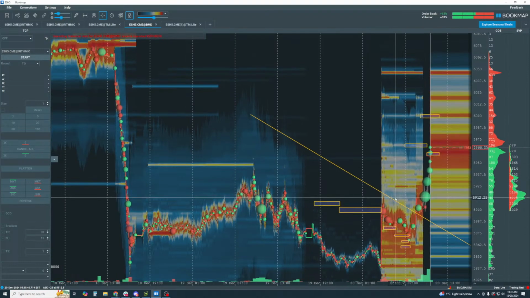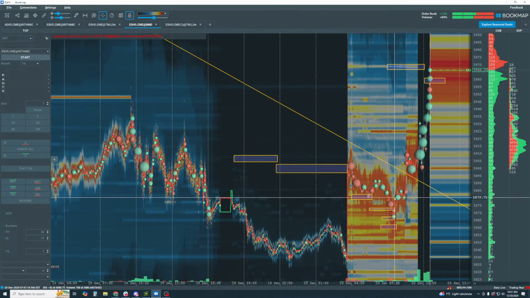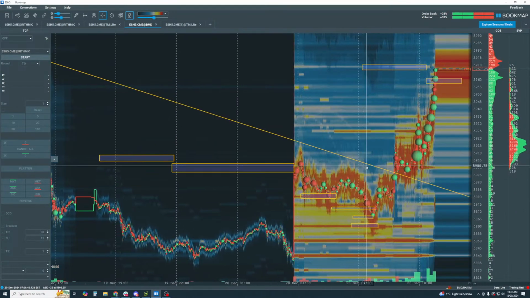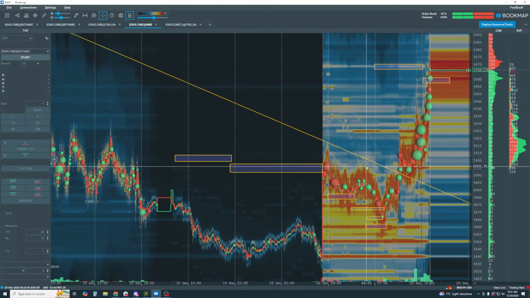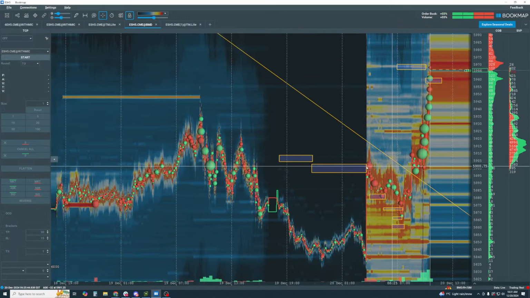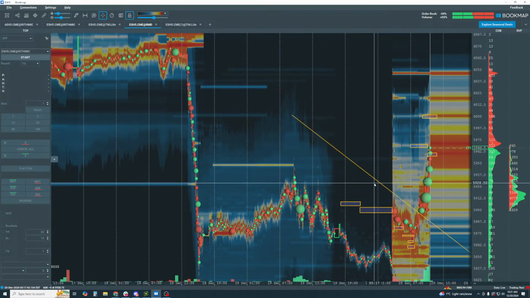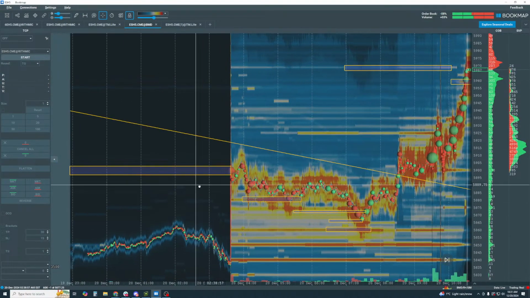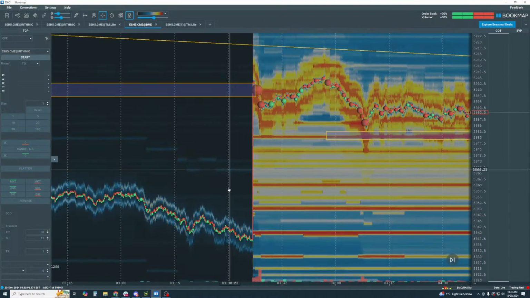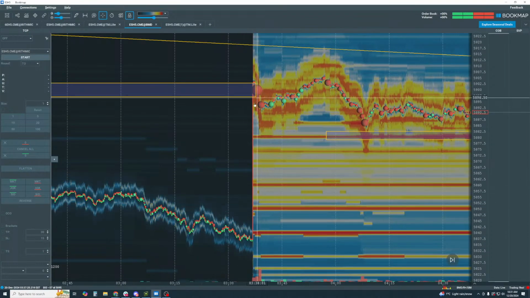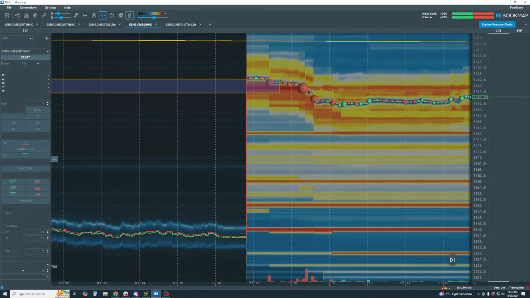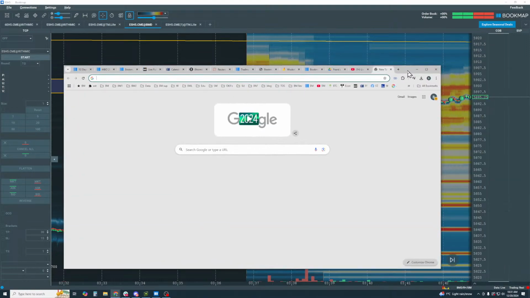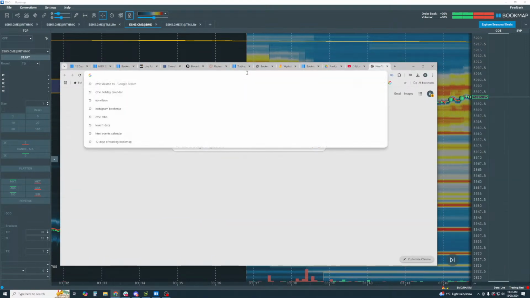Interesting. So my drawings are on here as well. Okay, this is good. Now what happened here? This is rollover. Okay, so if we go to the CME, this is not an error. This is rollover. If we go to the CME